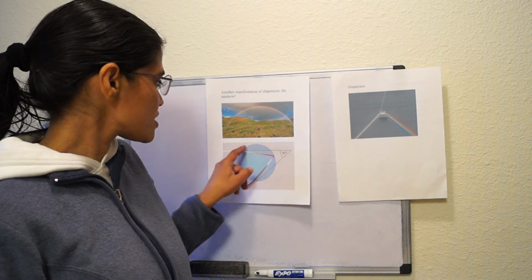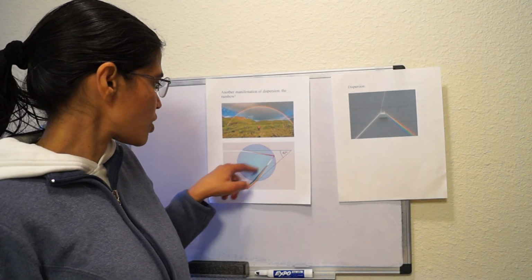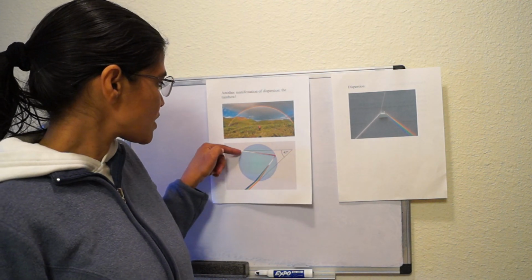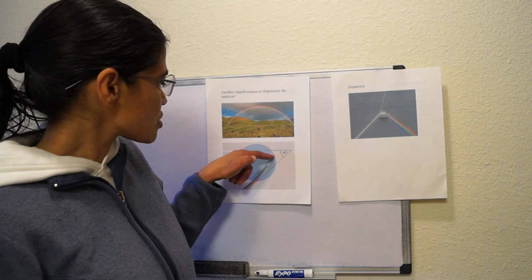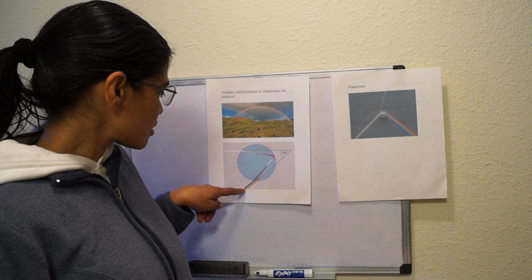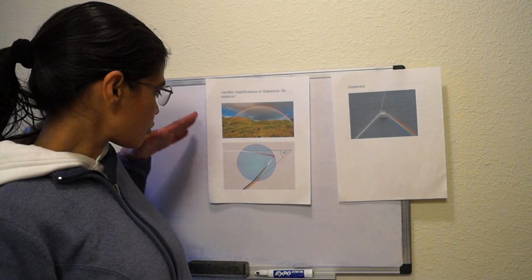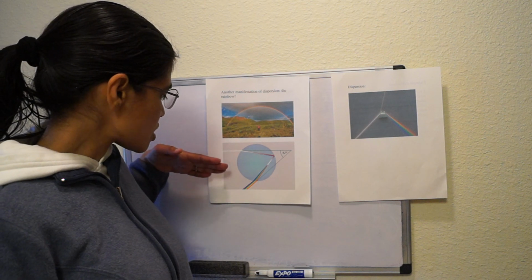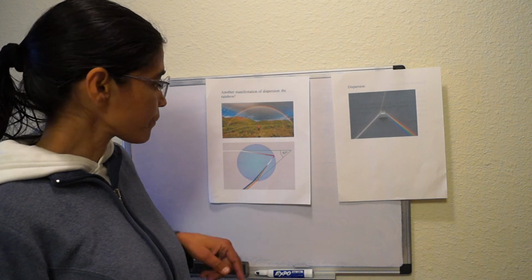So actually inside the water molecule, this is a water molecule here, white light enters, and then it goes through a series of refractions here, and it turns out you see the violet color is always bent most and the red color bends least. Okay, and